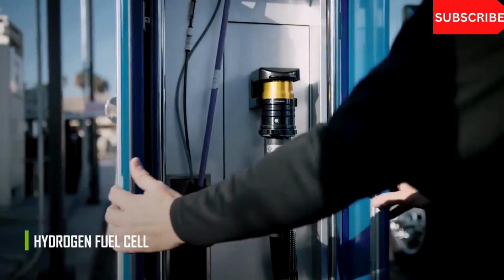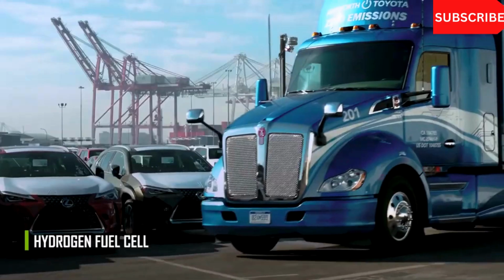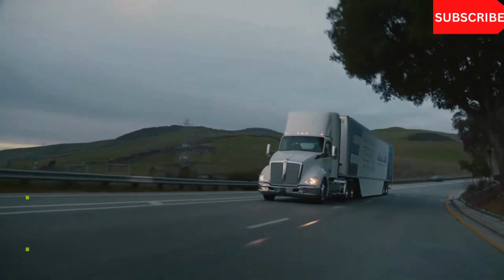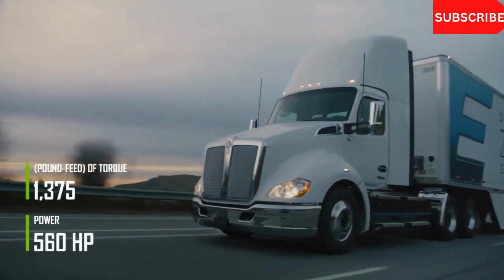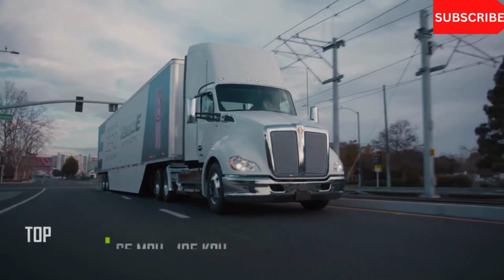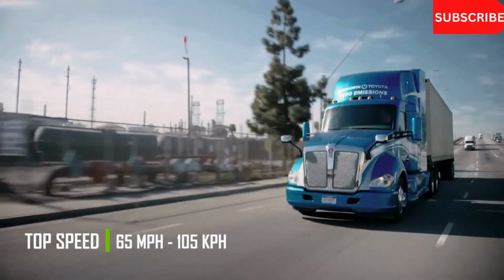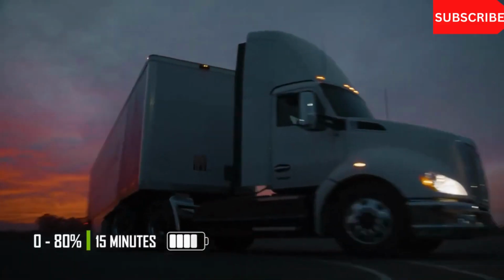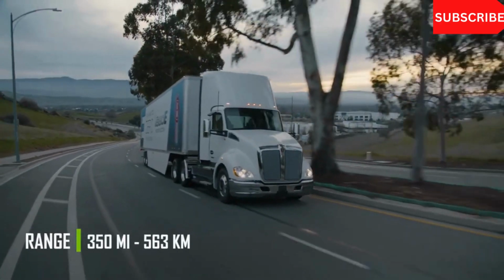Its special feature is that it runs on a hydrogen fuel cell that has to be recharged from time to time. Electricity is produced in this battery and transmitted to the electric motor with 560 horsepower and 1,375 pound-feet of torque. The Kenworth T680 FC EV has a top speed of 65 miles per hour. Charging time for the hydrogen fuel cell is 15 minutes and provides a range of 350 miles, enough for the